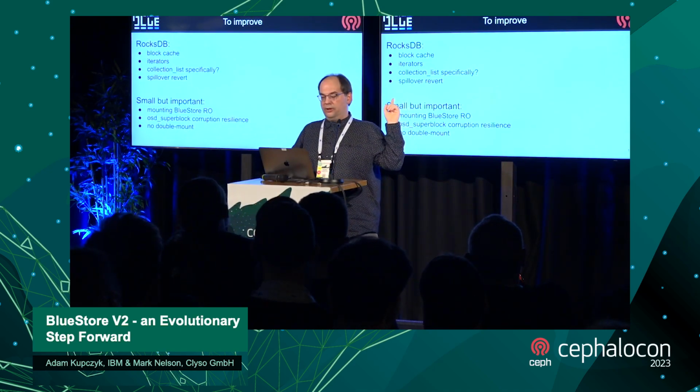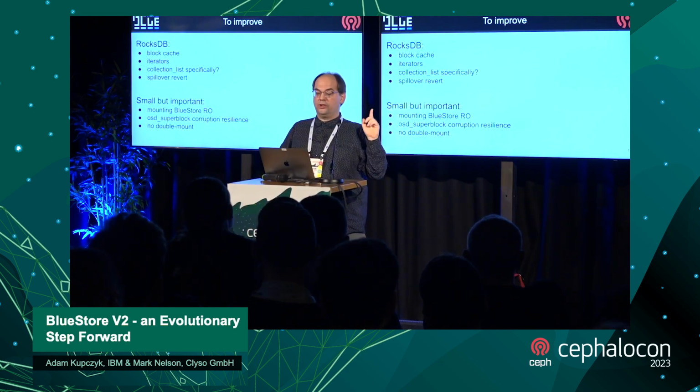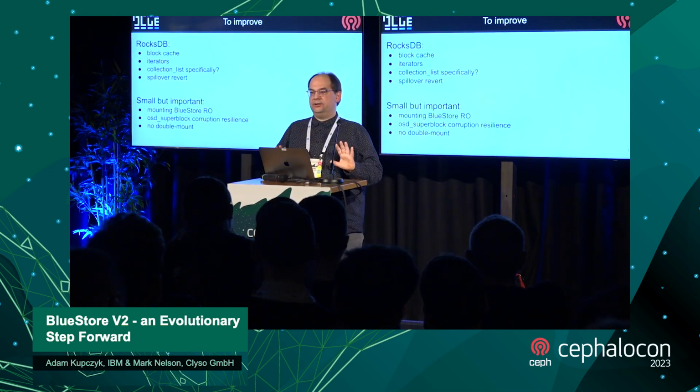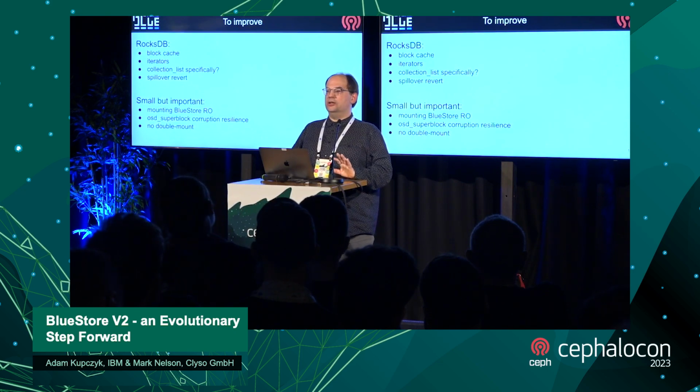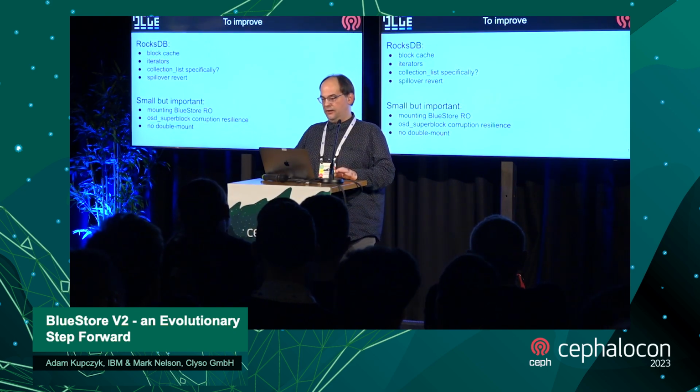But why is block cache important? It's important because iterators work slowly if you do not cache your data. And iterating in RocksDB can take a lot of time, and there have been multiple complaints about it,